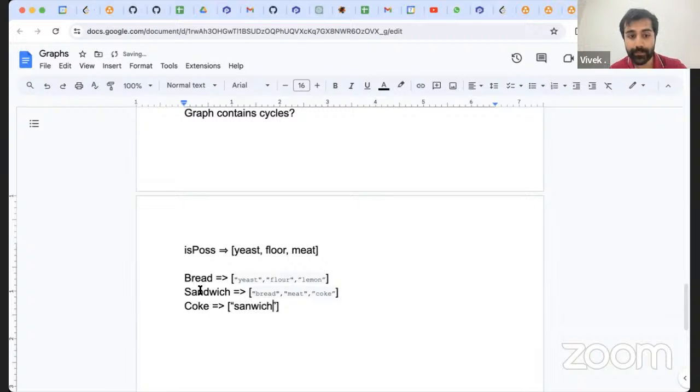Then here you are in trouble because sandwich says that, hey, I need a Coke. Now you see that Coke is not visited, so you trigger a DFS call on Coke. Now, when you trigger a DFS call on Coke, you see that, hey, Coke also requires sandwich. And basically now they are in a loop. So it's a case of